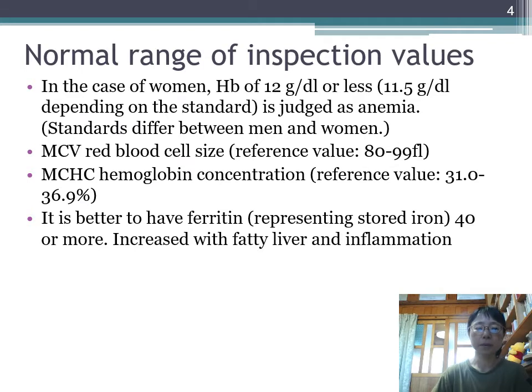In the case of women, if the hemoglobin level is 12 grams per deciliter or less, it's judged as anemia. The MCV red blood cell size reference is 80 to 99, and the MCHC reference value is 31 to 36.9%. So maybe you have the result, and the test result shows the standard level, so you can check whether you are in the normal range or